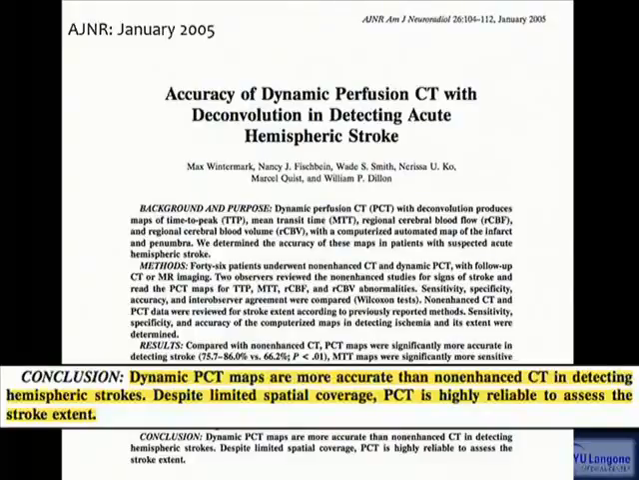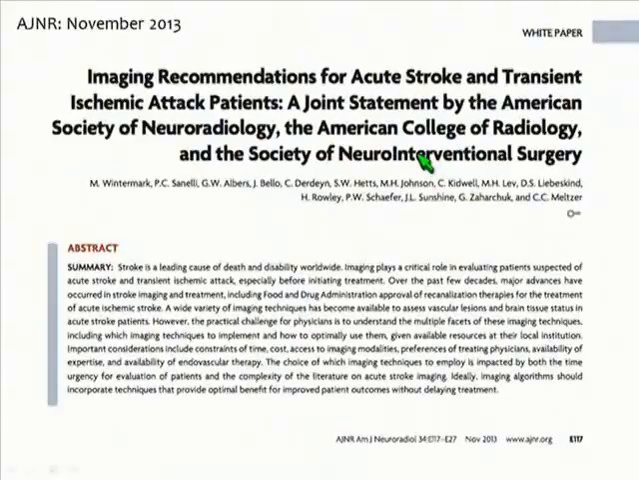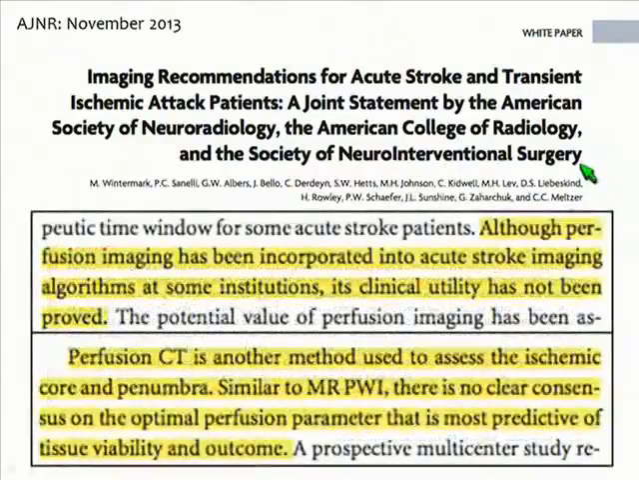Despite limited spatial coverage, perfusion CT is highly reliable to assess the extent of stroke. And now I want to fast forward to just 6 months ago, November 2013, and in a joint paper issued by this body, the ASNR, as well as the American College of Radiology and the Neurointerventional Society, in this joint paper, they concluded that although perfusion imaging has been incorporated into acute stroke imaging algorithms at some institutions, its clinical utility has not been proved. And then they went on to say,